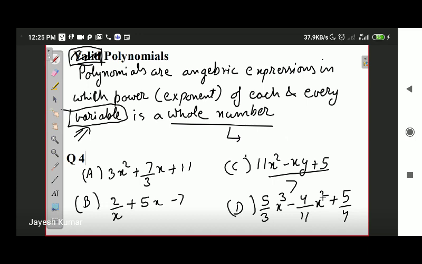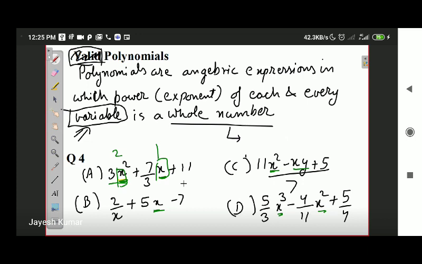Okay, so what I've told you, we have to determine the powers of x. We have to determine the powers of variables. So variable in each of these cases is x. So we will determine whether the given power of the variable is positive or not, is a whole number or not. Let's say for the first part, first term is 3x square, so power of x is 2. Next, there is no power mentioned, that means power of x is 1.